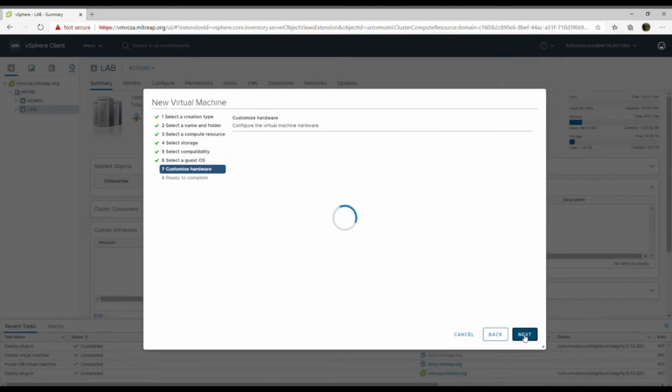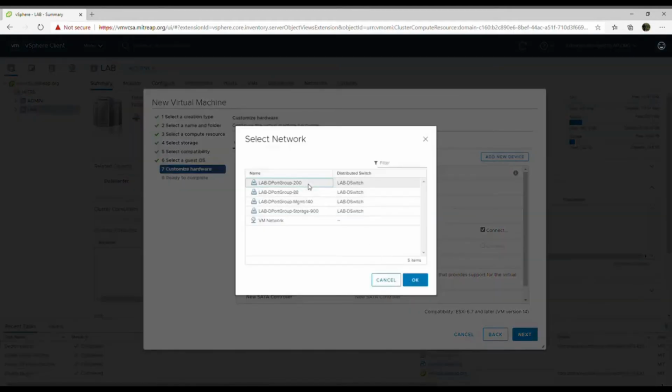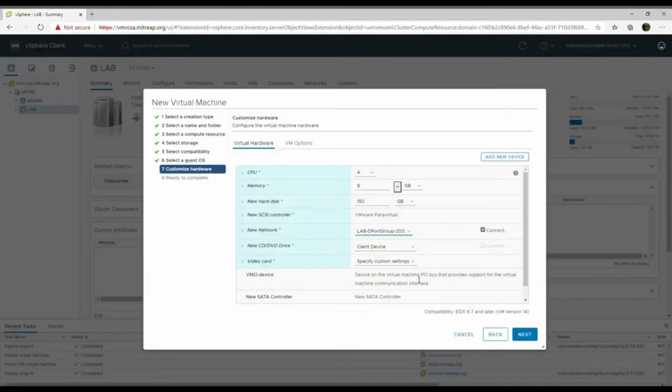64-bit, then hit next, then key in the CPU core number that you want to use, and let's just use 8 GB, and then 150, and then choose the network for your VM. So for us, we have different types of network depending on our setup. Just choose the network applicable for you. So for me, I'll just use this one,